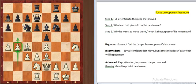So a simple position like that, after which, if black was to ignore this pawn move, could result in some serious and sad consequences. Okay, guys? So once again, focusing on the opponent's last move means look at the piece that has just moved, ask yourself what that piece can do on the next move, and most importantly, step three,